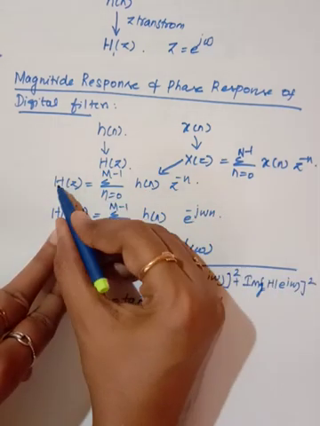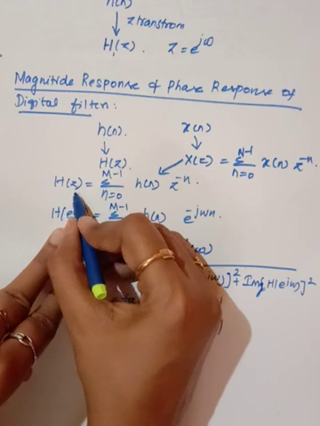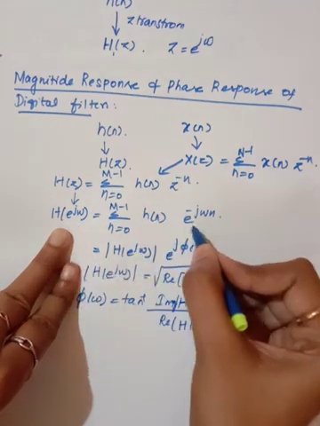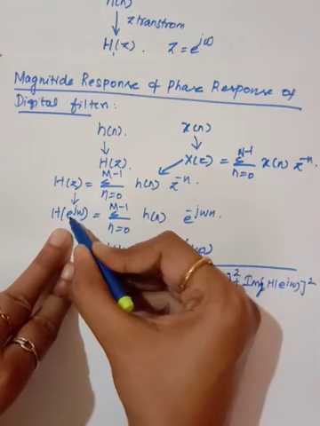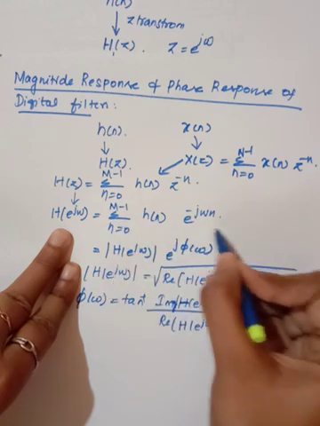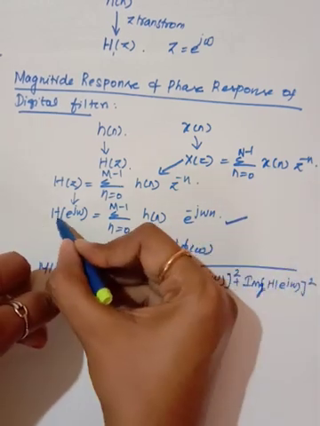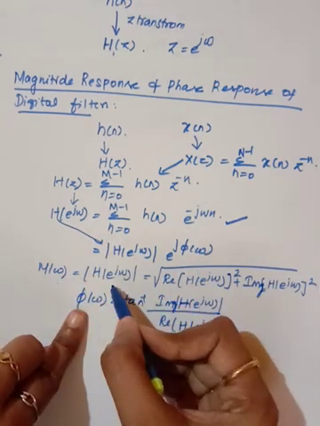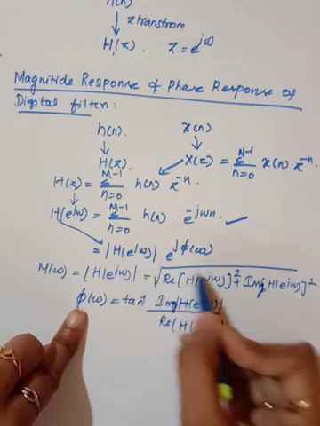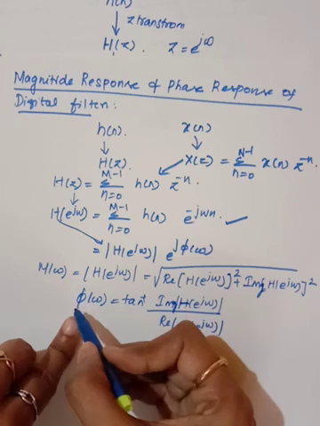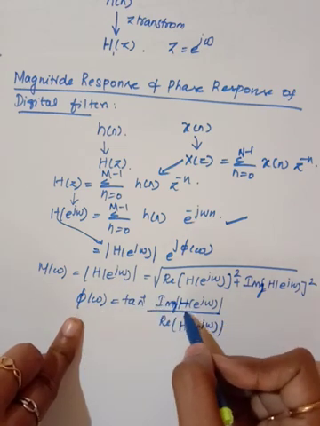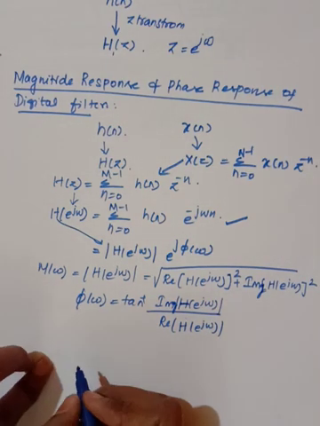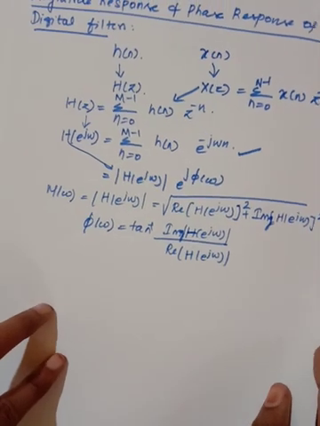After writing the transfer function of the filter, I am going to find the frequency response. For the frequency response, wherever you have z, you will substitute e power j omega. So I get this equation. Then from this value, I am going to find the magnitude and phase response. The magnitude response is the square root of the real part of this whole squared plus the imaginary part of the whole squared, and the phase response is tan inverse of the imaginary part of h of e power j omega by the real part of h of e power j omega. Now next we will discuss the linear phase filter.